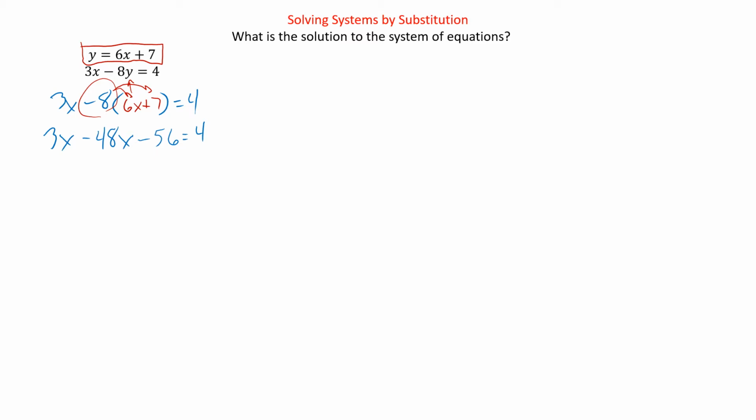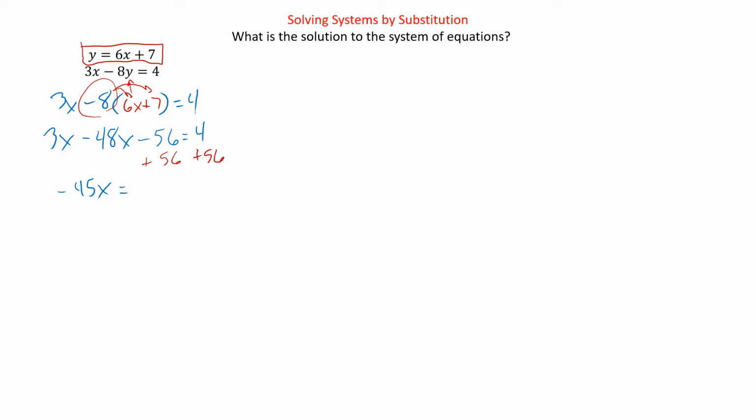We can move all the non-x's to the other side. So let's add 56, and then we can combine our like terms. 3x minus 48x, 3 minus 48 is negative 45x